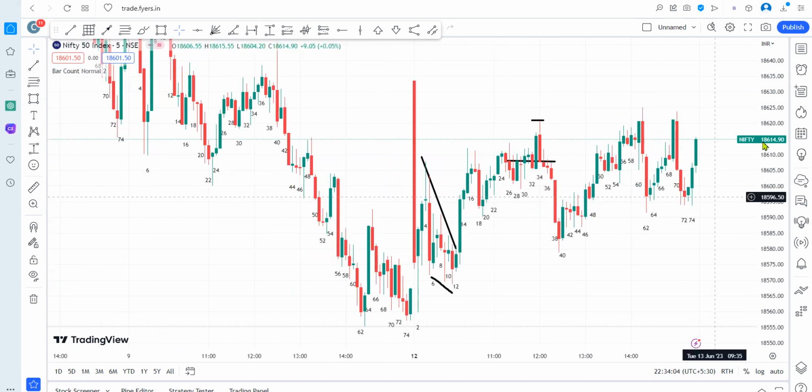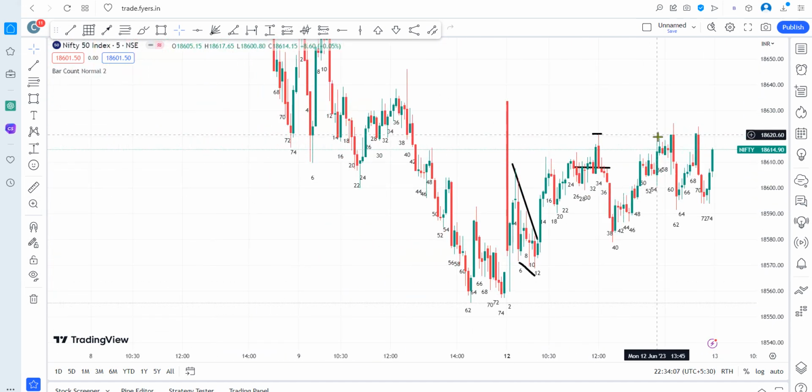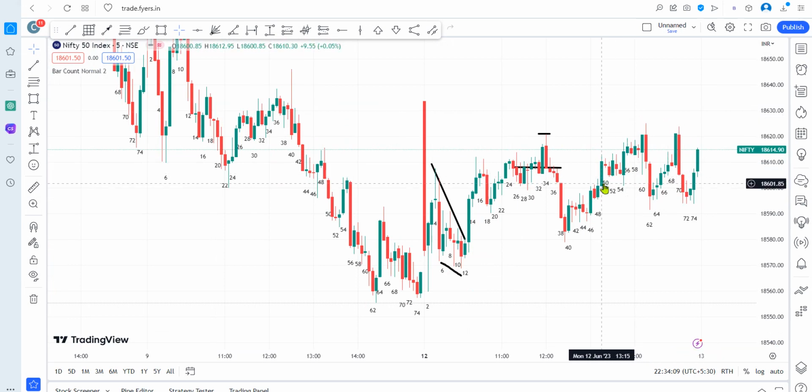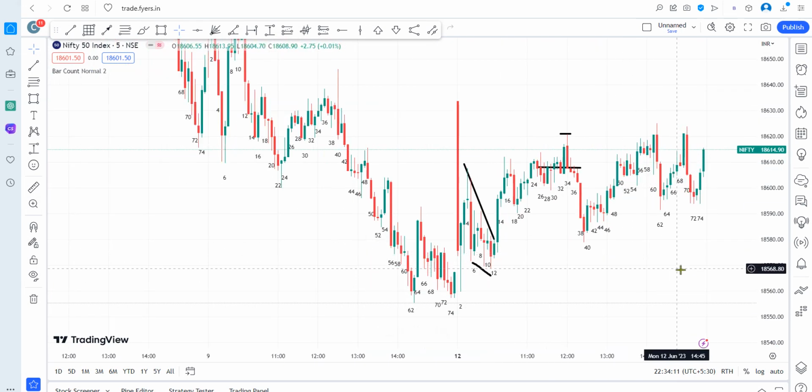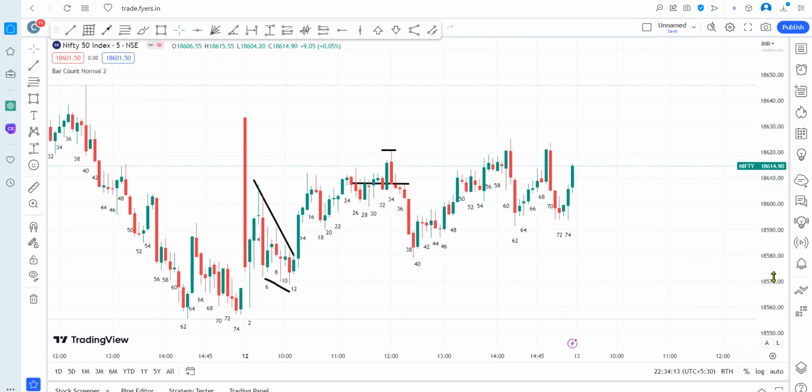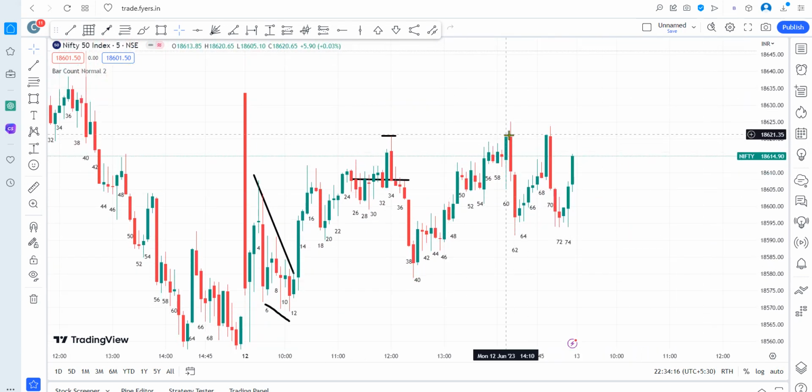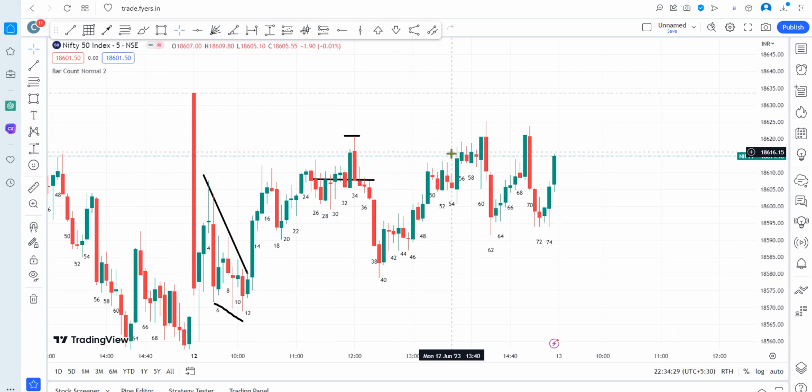So this type of small channel where sellers are also dominant and buyers are also dominant. This is a pullback channel. So you had better take the decision of exiting the buying position on the 60th candle. Okay. Now what will happen? Now let's say you bought on the 60th candle. Why? Because this is a bull body